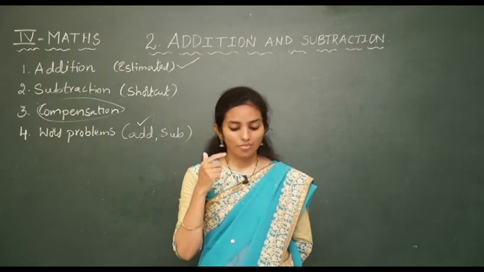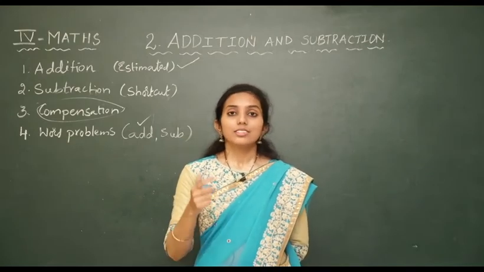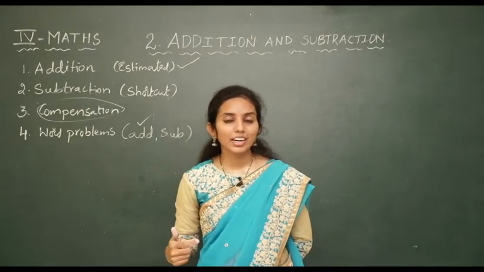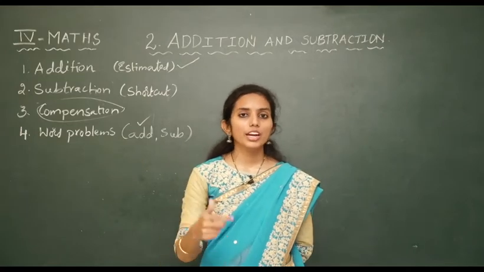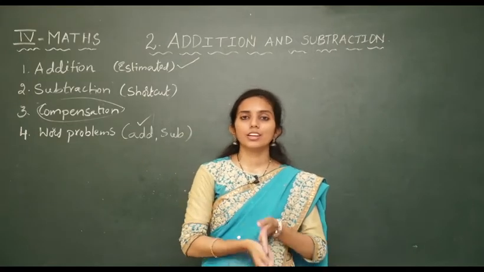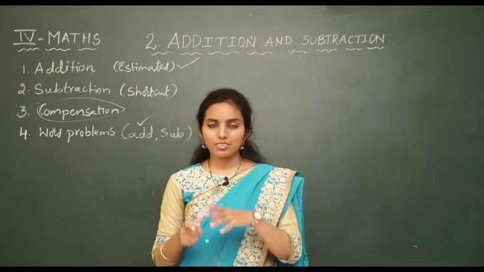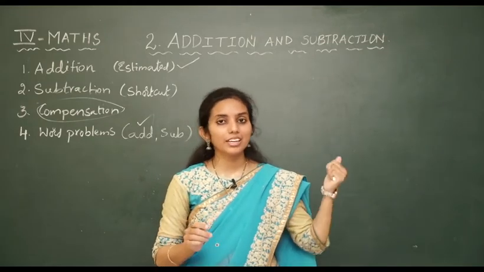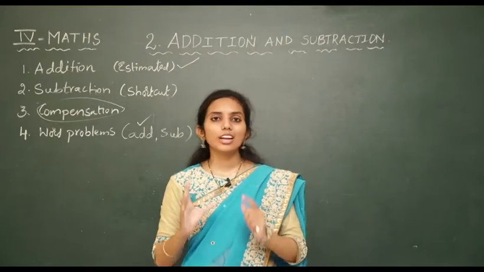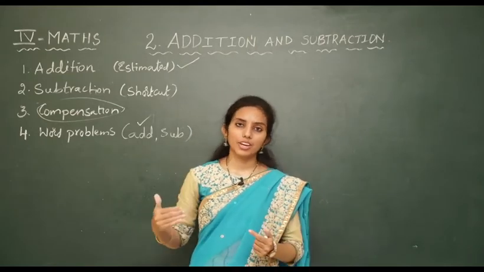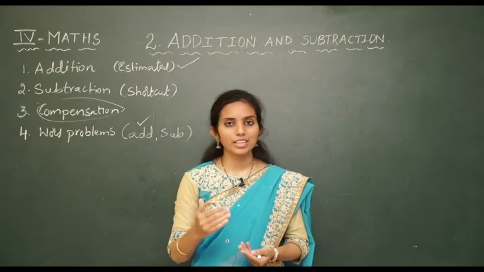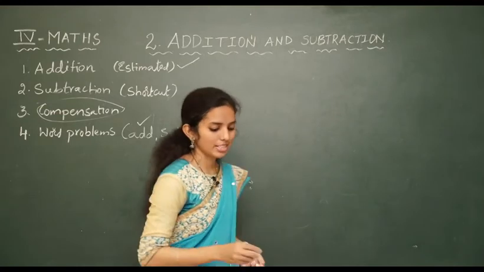We have to find that, and the same amount must be deducted in the second number also. In addition, to one addend we are subtracting and to the other addend we are adding, that is we are increasing the number. But here in subtraction, in both the numbers we have to minus the same digit. For example,